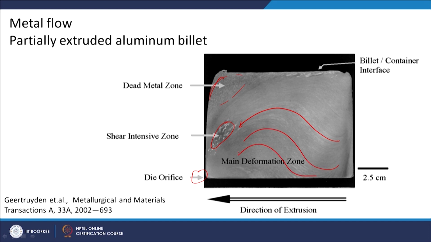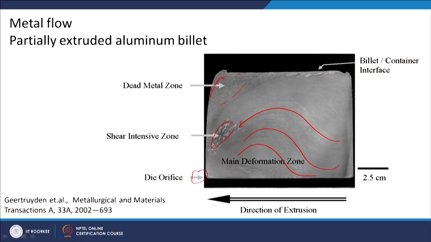So, you can see that in the same extrusion again there is a lot of variation in the microstructure and the strain rate. At the edge of the billet, where it is coming in contact with the die or the container, because of the frictional effect you can see a lot of coarse grain. The temperature must be high at that point.